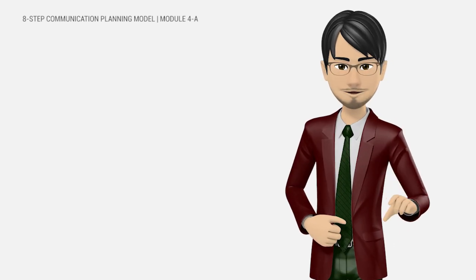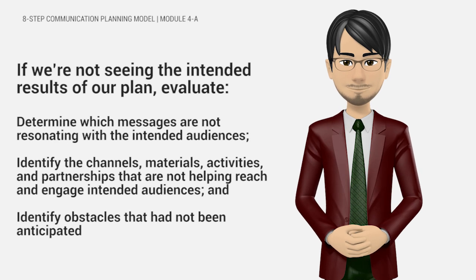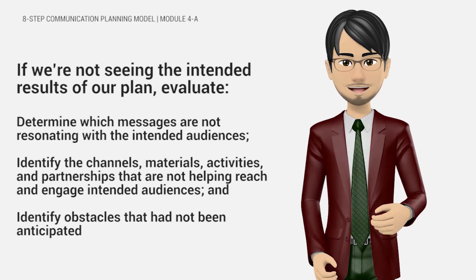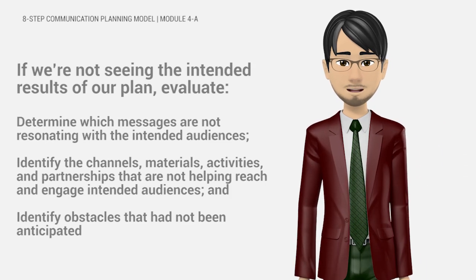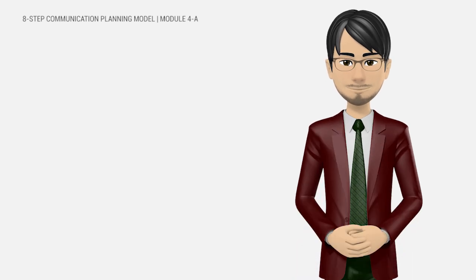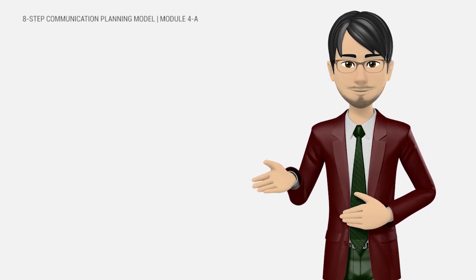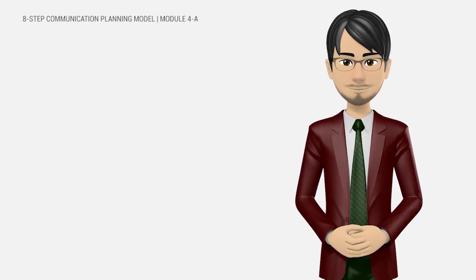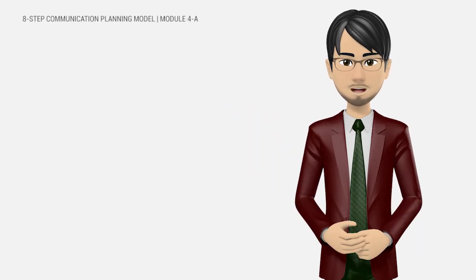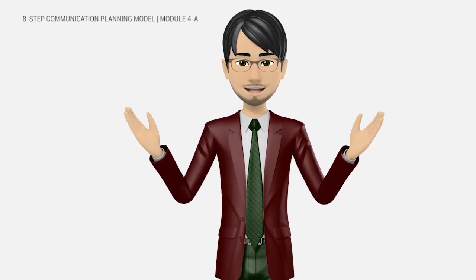And finally, in Step 8, we determine if the plan is meeting our communication goal and, if not, make the appropriate and timely modifications to ensure success. The date, frequency, and method of evaluation have to be predetermined. A feedback mechanism is likewise imperative to monitor our plan's success and make the appropriate modifications as we go along. Our goals in Step 2 will help us determine if our plan is working accordingly. There you have it, the 8-step communication planning model.